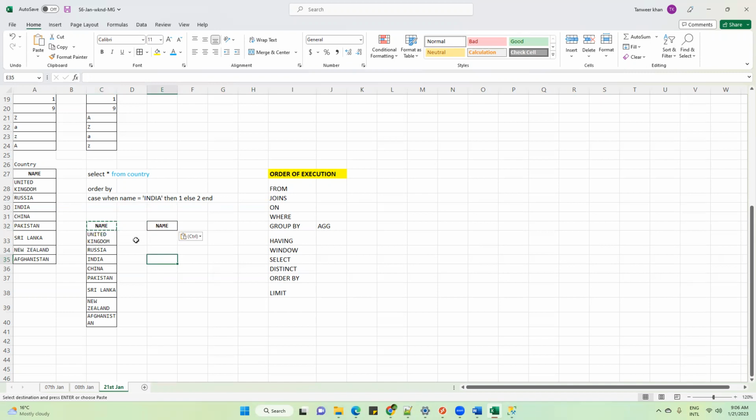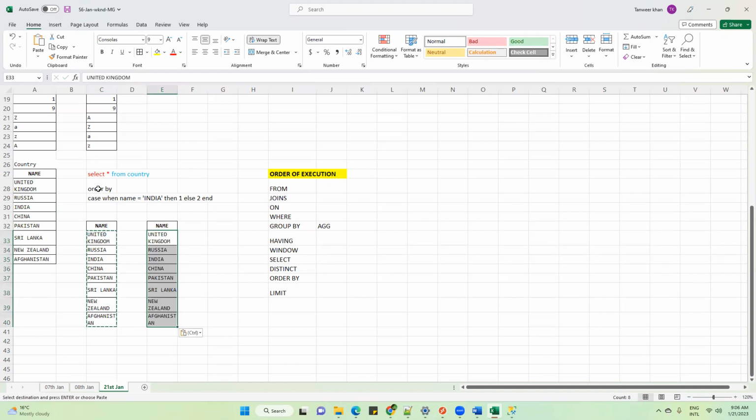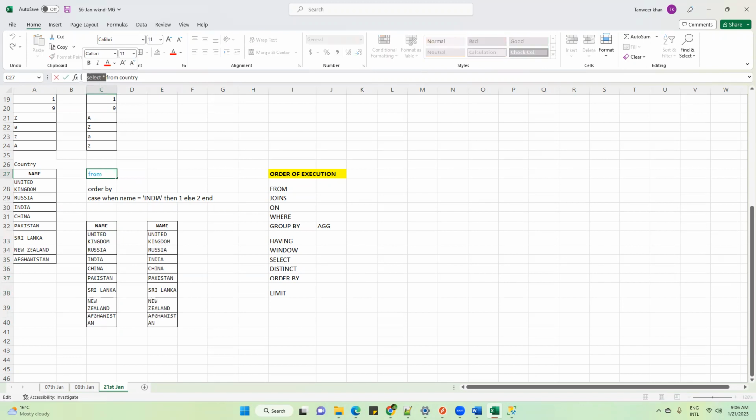Now, after select, so select will be executed. In select, you have this data, so the engine will understand the user wants to display this data. Select is also over. After select, which one? Order by. At the last, order by will be executed.